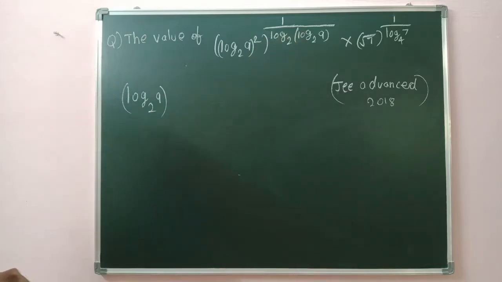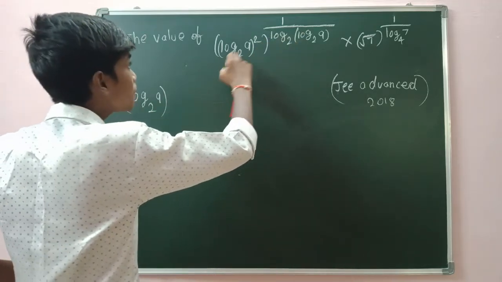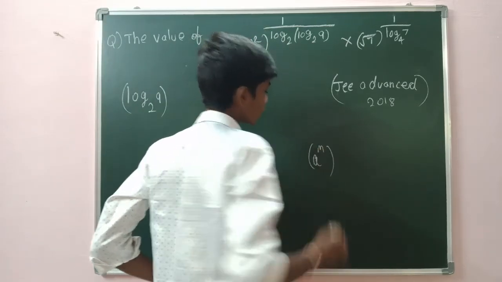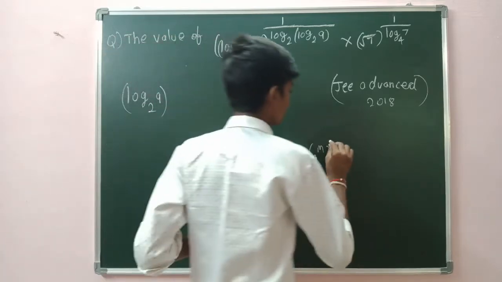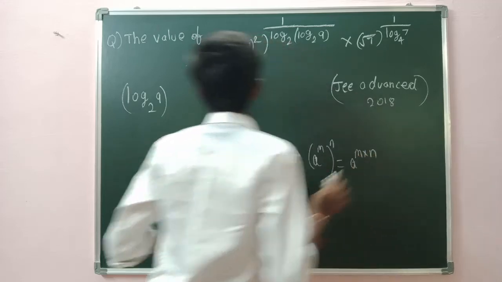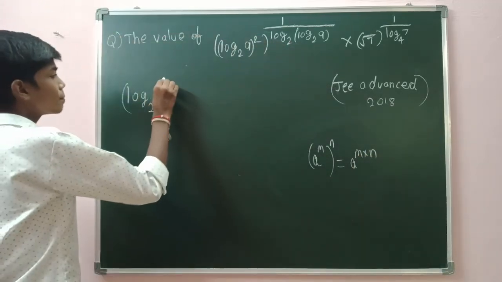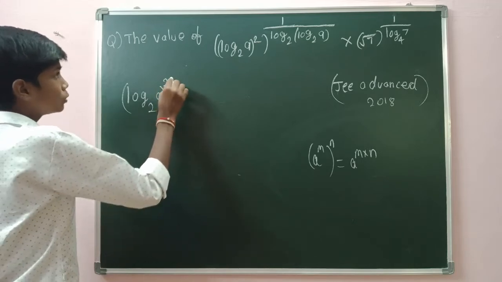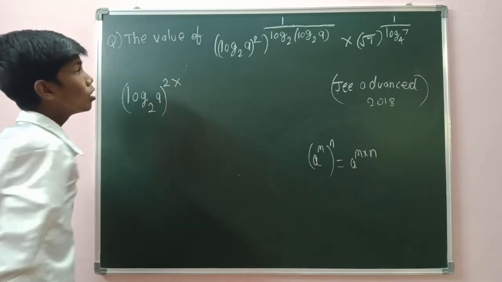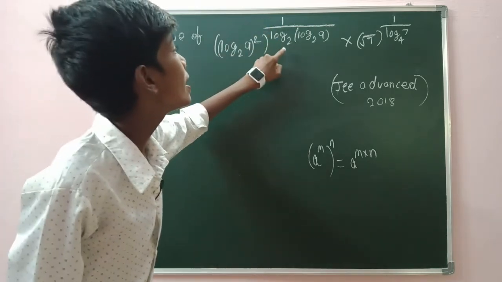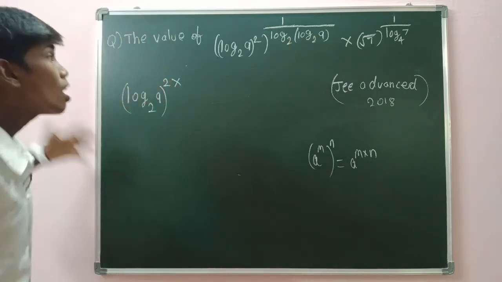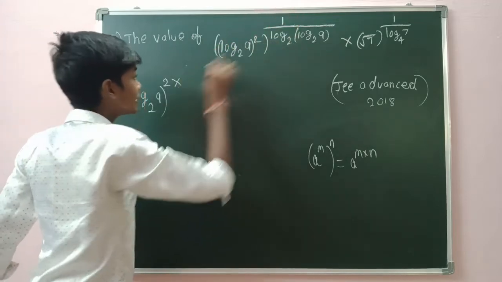So hence I am having a par m into n. You know this property now. It is a lot of exponents, I don't even need to explain, but anyway I am doing it for you people. So a par m whole par n is a par m into n. So using this property, I can write this as log of 9 to the base 2, into 2 into this expression. So 2 into, listen, I am having 1 by log to the base 2 of 9 to the base 2. So now when I am having 1 by this,